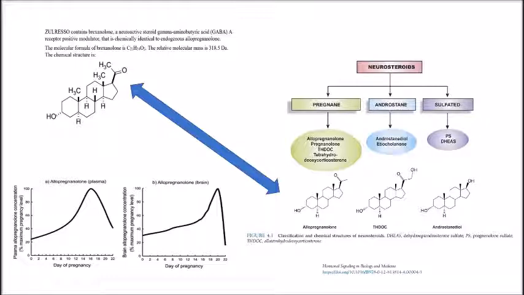The neurosteroids are broken down into three major groups: the pregnanes, the androstanes, and the sulfonated. We'll worry about the chemical distinctions later. As you can see, brexanolone and allopregnanolone, those are the same thing. They're chemically identical. And in pregnancy,